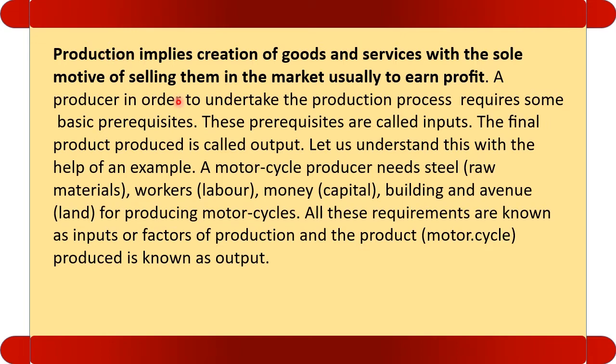We know that to do production, we have to make use of the factors of production. Listen, there are 4 factors of production: land, labor, capital, entrepreneur. By the use of these 4 factors, the conversion of input to output is done. We are creating goods having utility only by making use of these 4 factors.